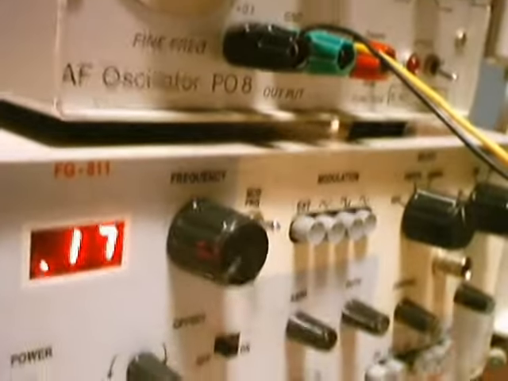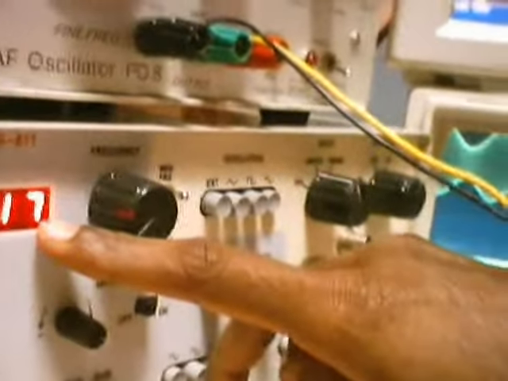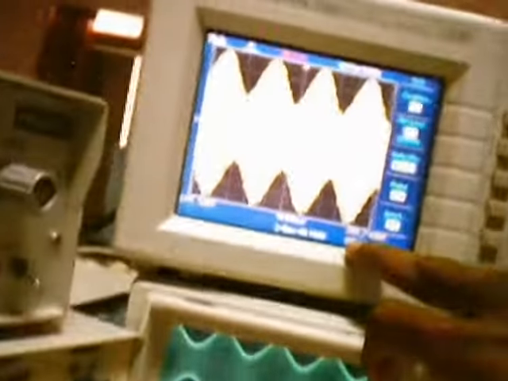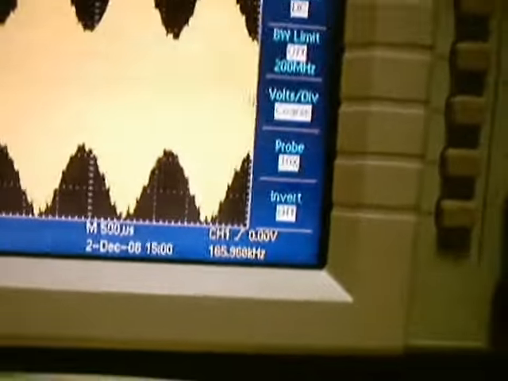This is there at 0.17, which happens to be 170 kilohertz. So we can't just go with whether it is 170 kilohertz or 160. We can read the exact frequency of this carrier signal from this DSO. As you can see here, it's coming out to be 165.96 kilohertz. So that's the carrier frequency of the AM signal.